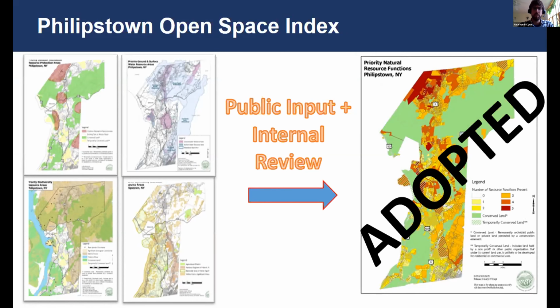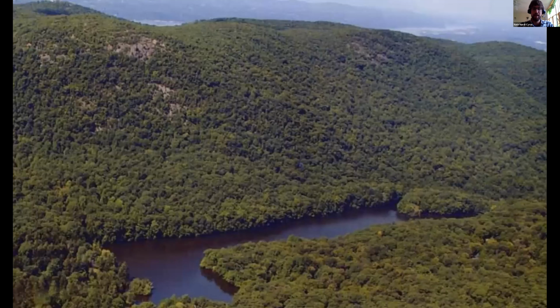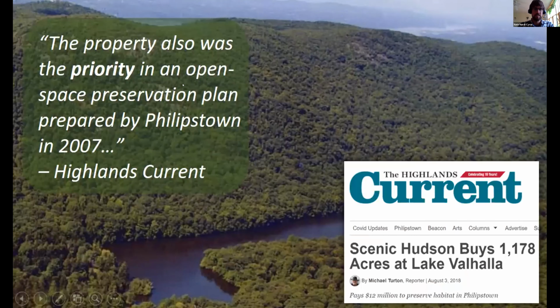There was a lot of interest in what that meant. The planning board understood, the environmental board understood that this was a major priority, especially in this area up here. This is their number one priority for the town. It really shows up in a big way. And so that kind of sets the backdrop for years later when Scenic Hudson came in and purchased the land